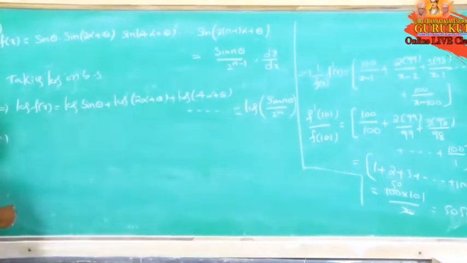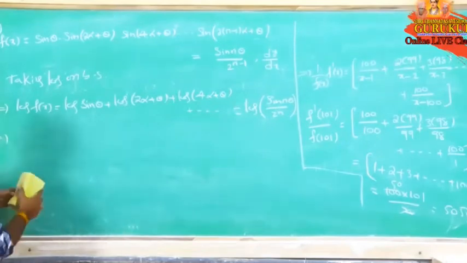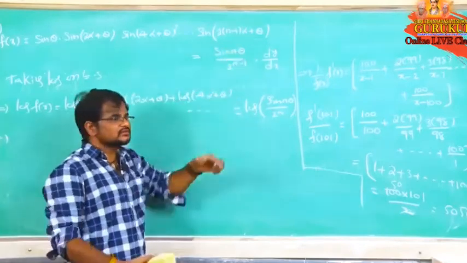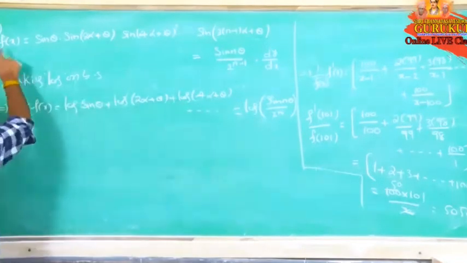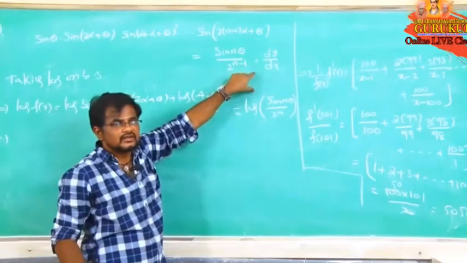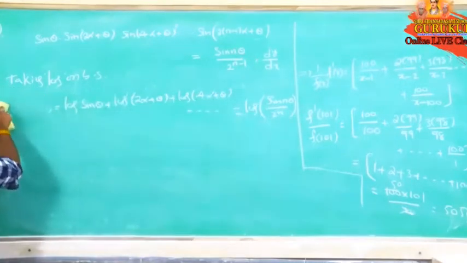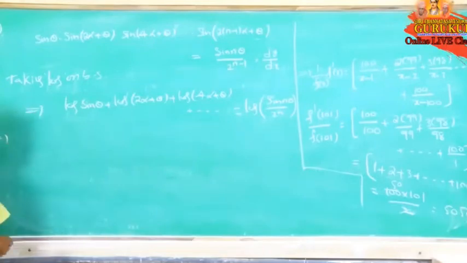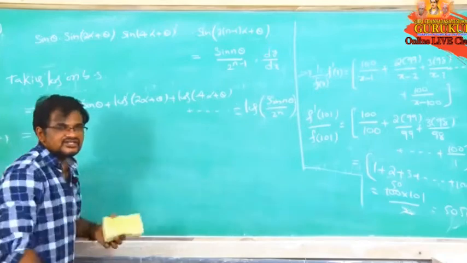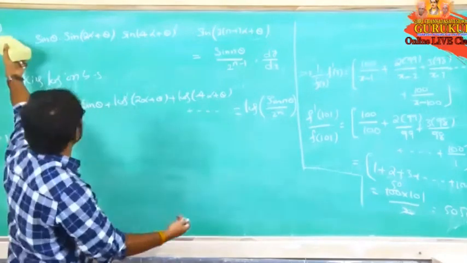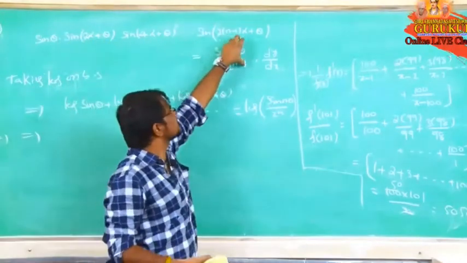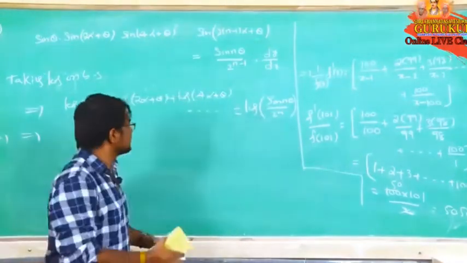That implies this one as it is. So here f of x I taken now, so equal to here also they given now. So this one I no need to take, because here also f of x equal to this value given now. So if you take again extra you will get, this implies you write. Okay, right? Now because already right side RHS they given. If that is not given, means f of x we have to take. Right. Now this equation equal to sin n theta by 2 to the power of n minus 1 taken.